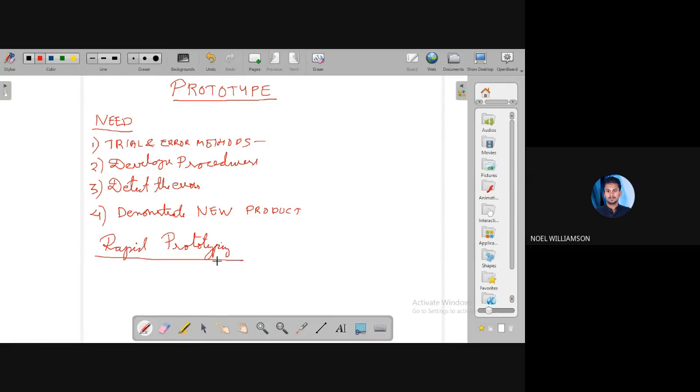The customer will have an idea in his mind and the developer will have another idea. The developer's idea which is in his mind cannot be conveyed to the customer, or the customer's expectations cannot be